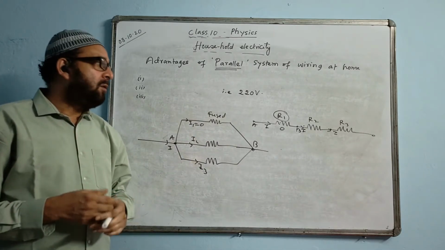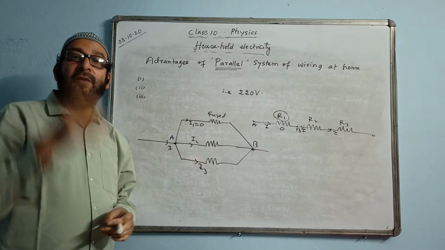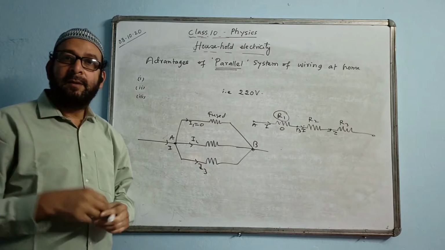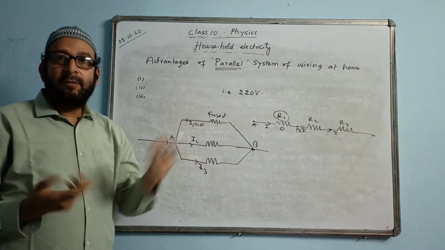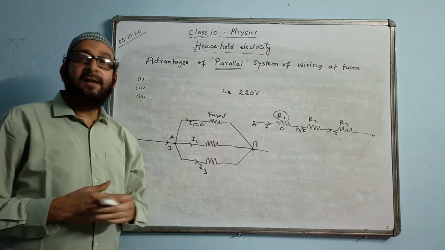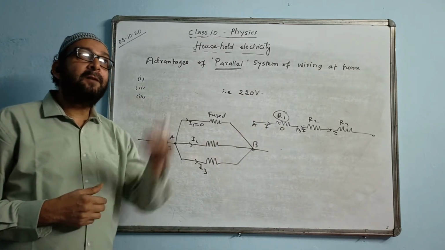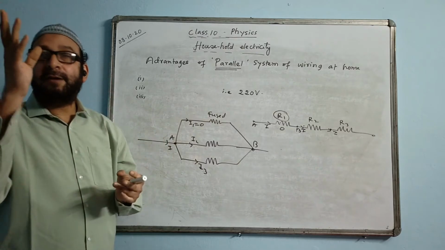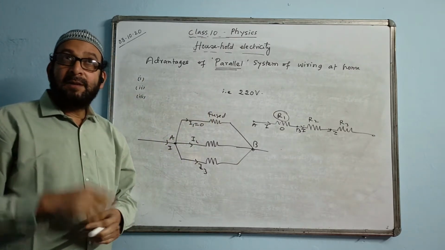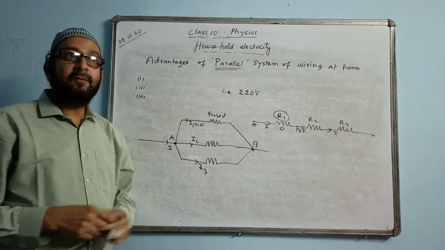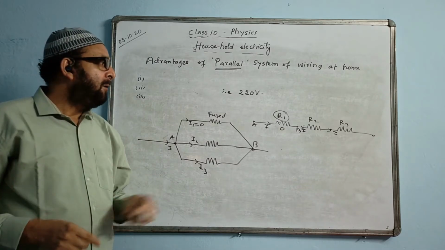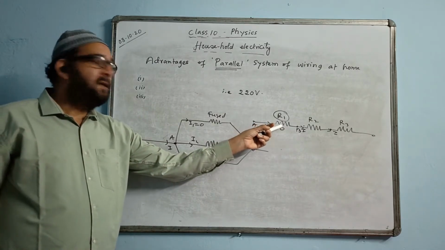Generally in winter time, we don't want the fan to run. We don't want the motion of the fan. But we also need the light. So if they are all in series, you have to have the bulb glowing as well as the fan running. So you cannot put it off. That is, appliances are not working independently. One single switch will put everything on and everything off. So normally these are the disadvantages.